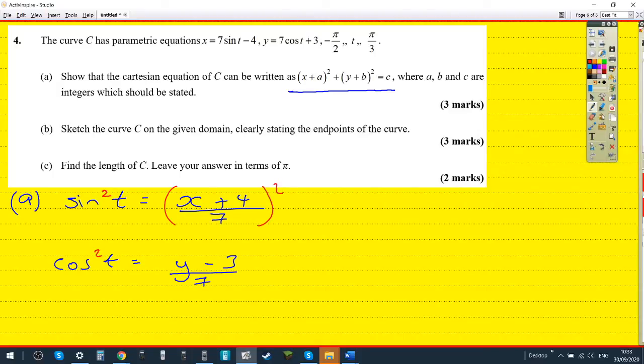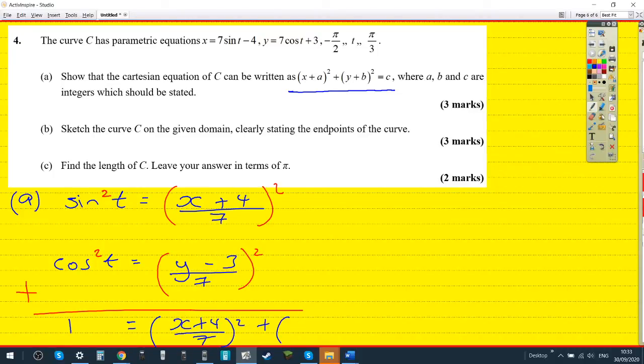Sine squared. Square both sides, and then you add. So that would be 1 equals x plus 4 over 7 squared plus y minus 3 over 7 squared. Yeah, and I believe that's the form that they wanted. Is it? No, I think you had to